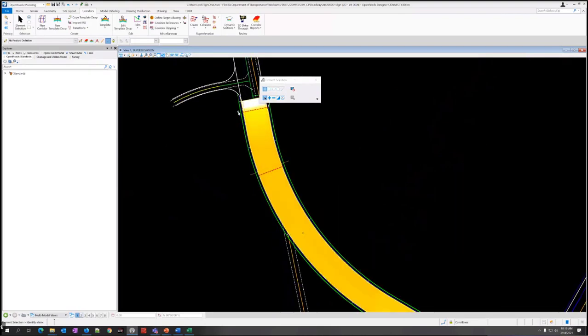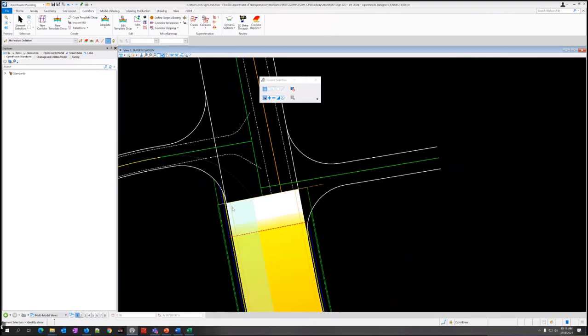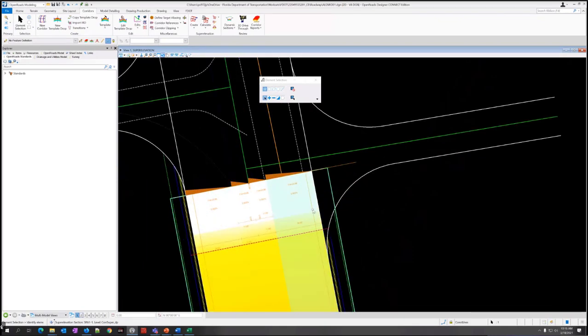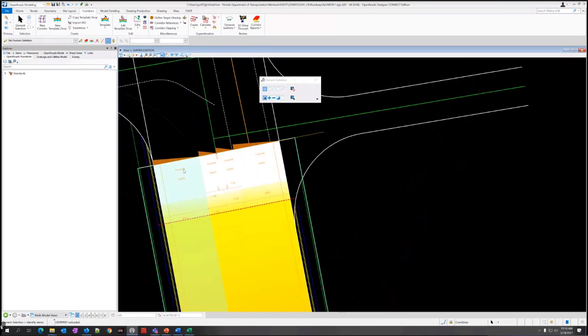So the first step, we need to just select a section, get those handles to display. And this outer boundary, this green boundary here, will be the section boundary. So I can select that. I see several handles. It's easier to see here. All right, so this text is a little bit hard to read on the handles. It may be fine on your machine, depending on the size of your screen and everything.